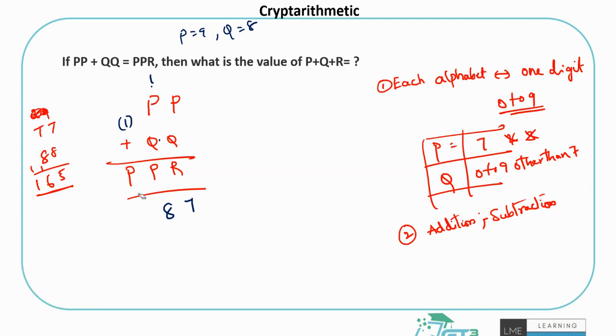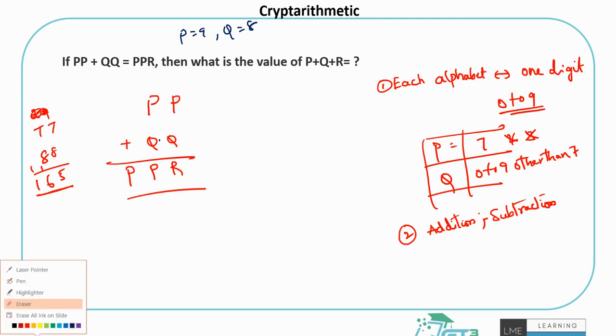What if P is 0? Generally, you don't get a 3-digit number written like this with P being 0. That's a basic rule to keep in mind. It wouldn't be, even if by chance you thought so. Okay, if P is 0, then 0 plus Q is R, and 0 plus Q is P, which is a contradiction. What value can Q have?